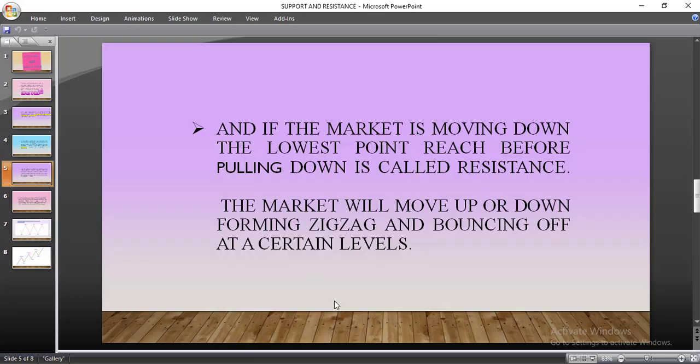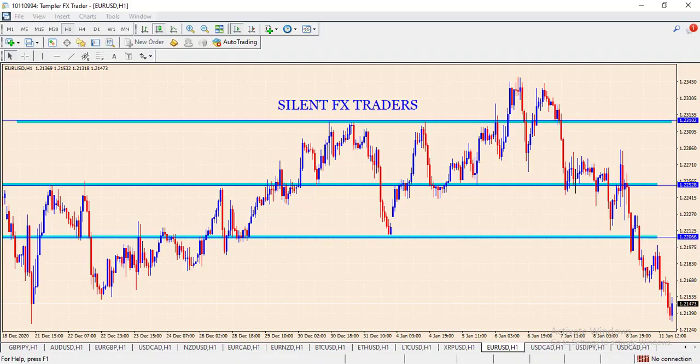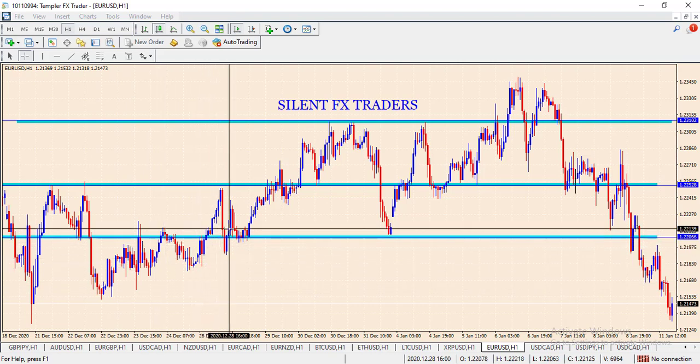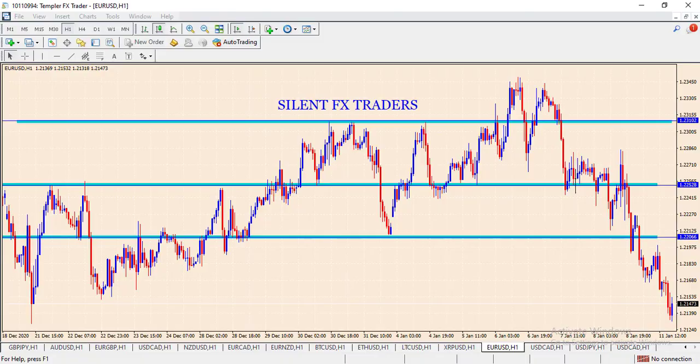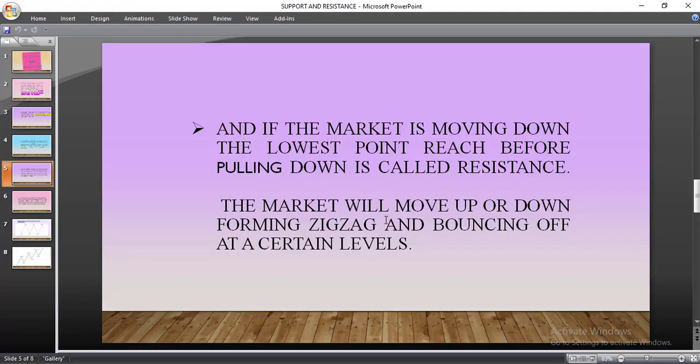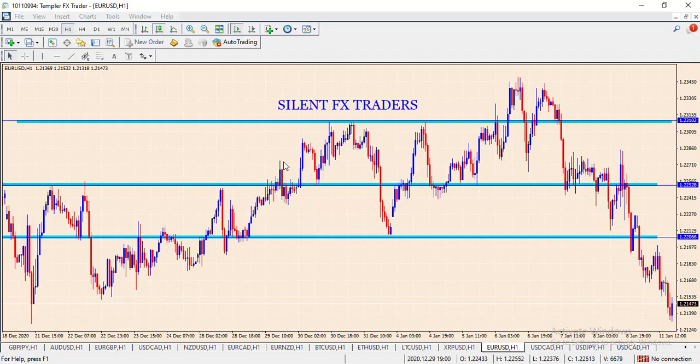Let's continue. The market will move up or down, forming a zigzag and bouncing off at certain levels. Let me show it to you here in our charts. The market will move in a zigzag style. This is a form of a zigzag style. I think you can see it. But in this formation of a zigzag style, the market will bounce off at a certain level or certain levels. Bouncing off at certain levels, these are our major market key levels, the support